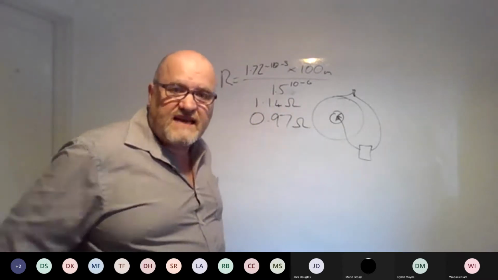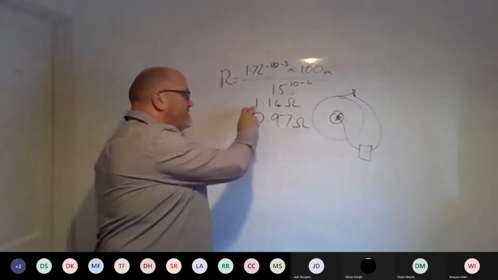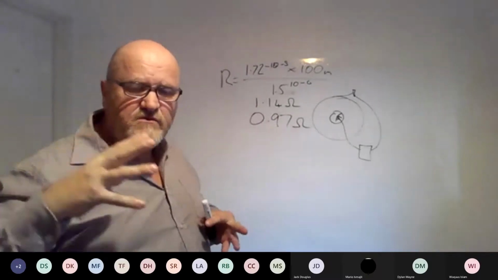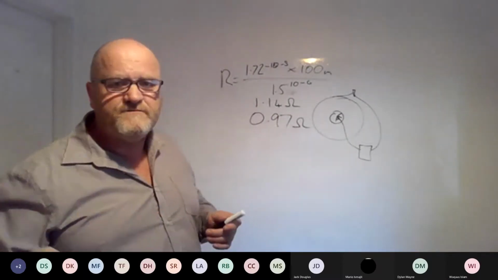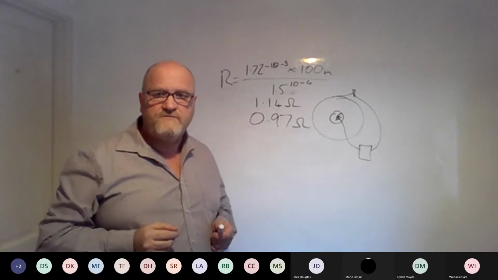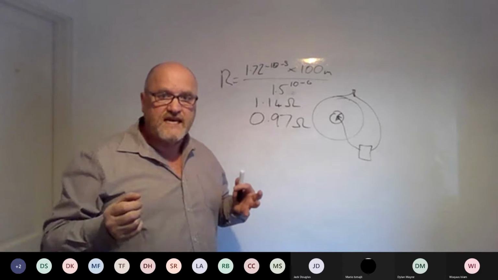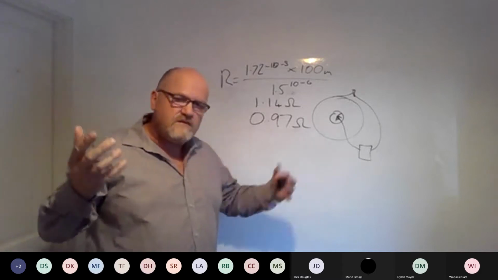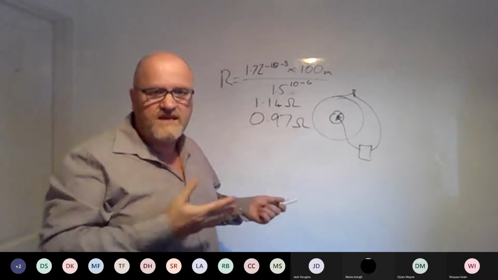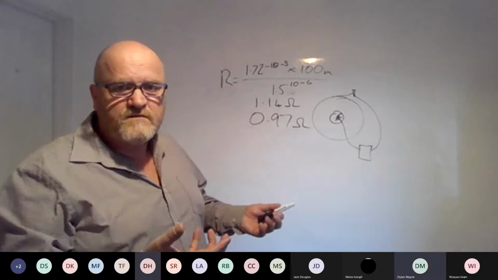Now, you will never get that from a normal dealer, because what you normally get is 1.14 or 1.15. They always give you a little bit extra, but they'll never give you less than 100 meters. Do you know why? They'll sue you blind. Trading standards. If you're selling a roll at 100 meters, it's got to be 100 meters. If there's more than that, that's fine. But if there's less than that, they can get sued, because you're trying to rip off your customers. You see what I mean?